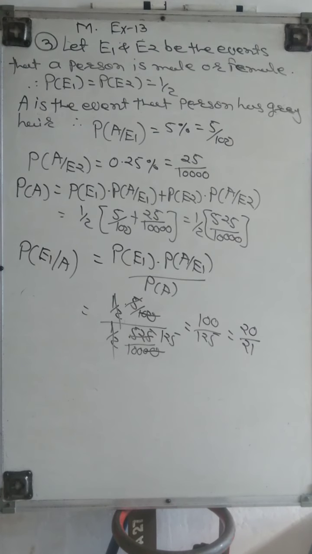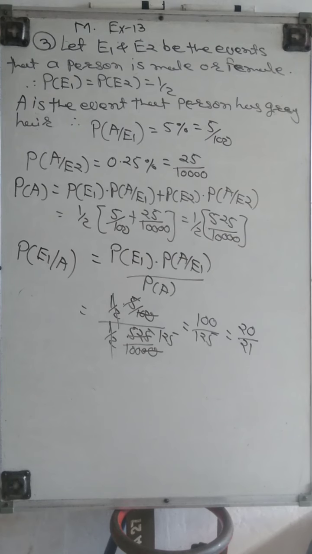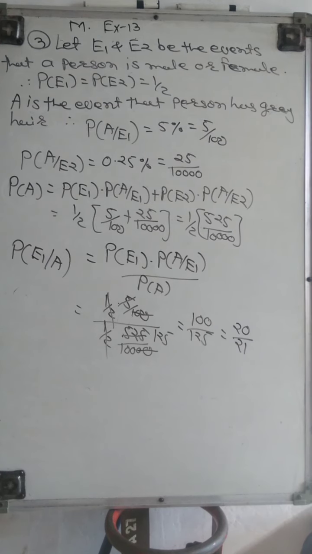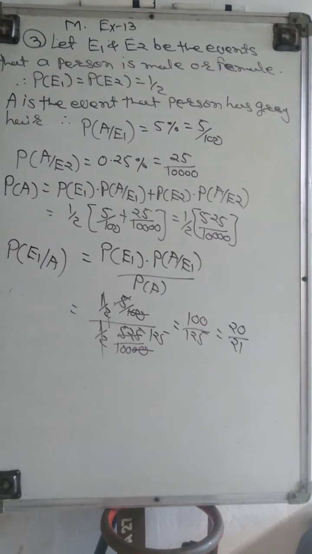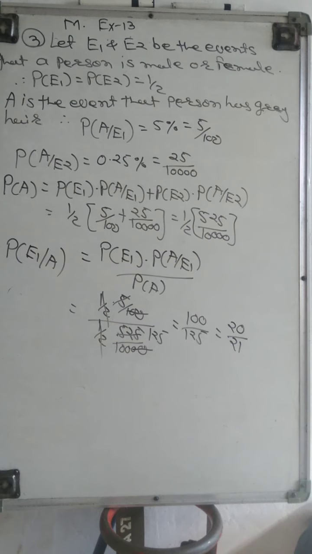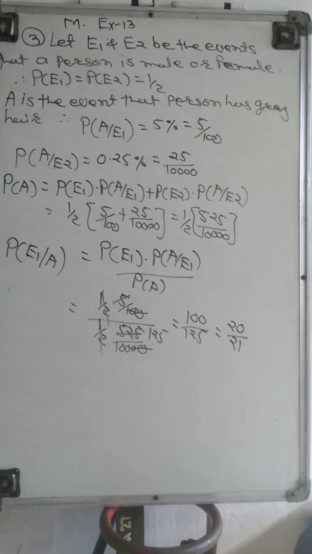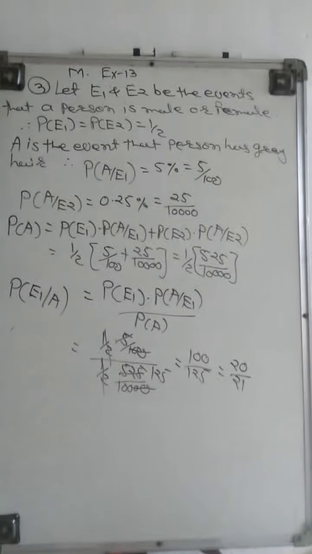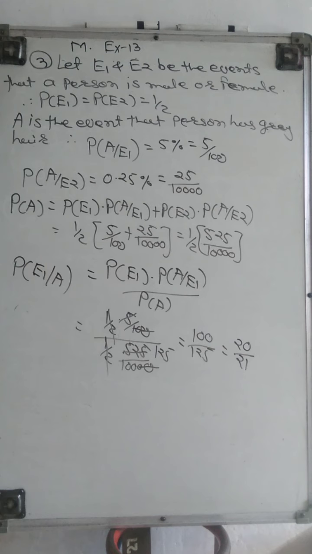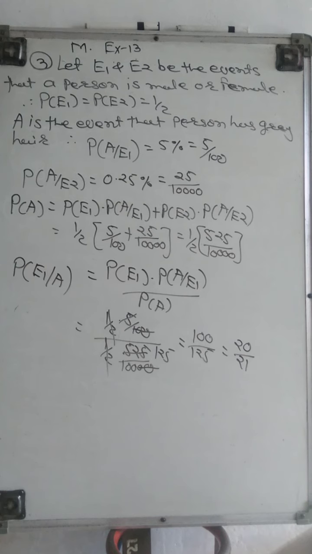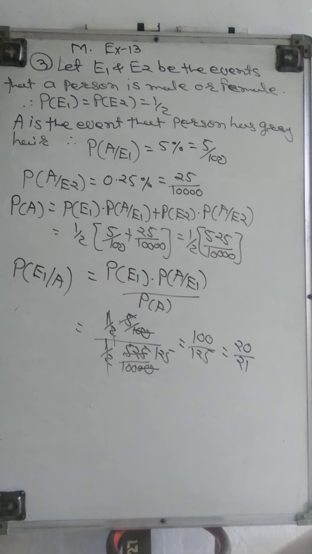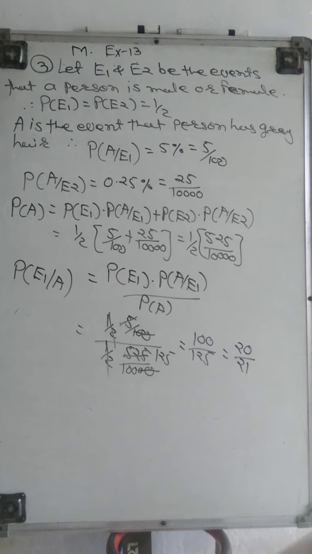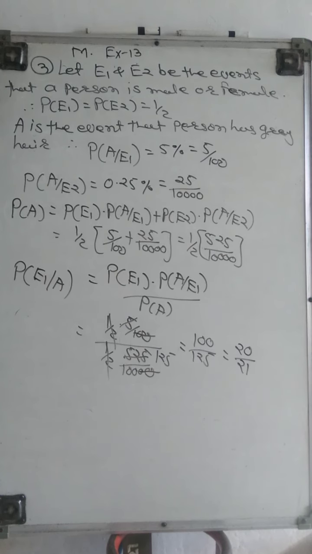Okay, so this sum is quite important, because here it is given that a person is either male or female and having grey hair, right? So therefore this is on the base of Bayes theorem. So it is a very useful sum, so be careful of this type of sum, and these are useful in your JEE exam also. Okay, so this way we can complete this third sum. Fourth sum is there. Okay, then